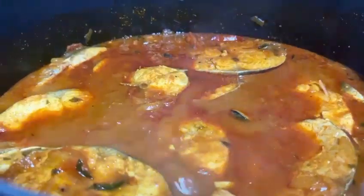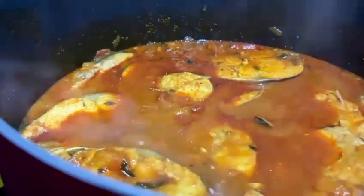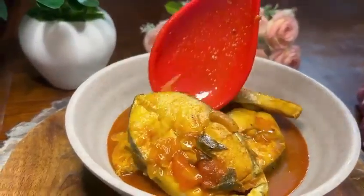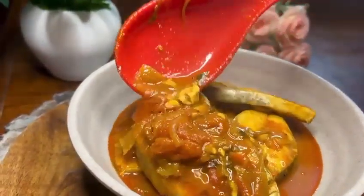Fish cooks quickly, so we cannot stir the gravy once we add in the fish. Instead, we can keep twisting the pot once we add in the fish. An amazing, tasty, tangy, spicy fish recipe is ready to serve. Serve it hot with rice, roti, dosa or any